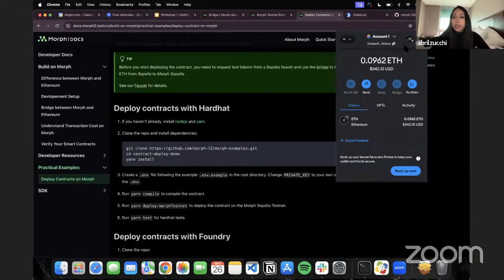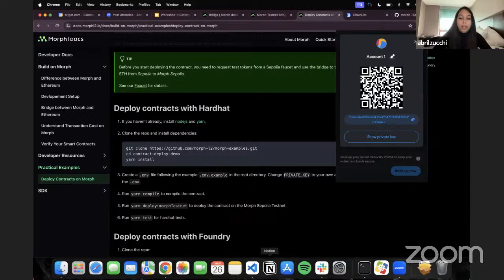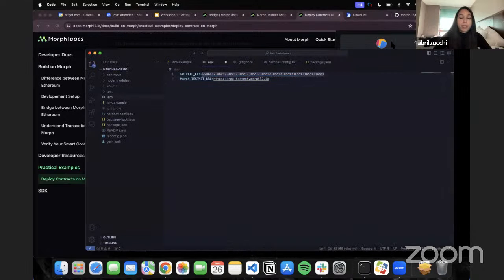So what we can do is go here and go to account details and import our private key. Please don't share your private key with anyone. I'm just sharing because it's a test. So we will put our private key here. This is our Morph testnet URL. And we will also copy this here